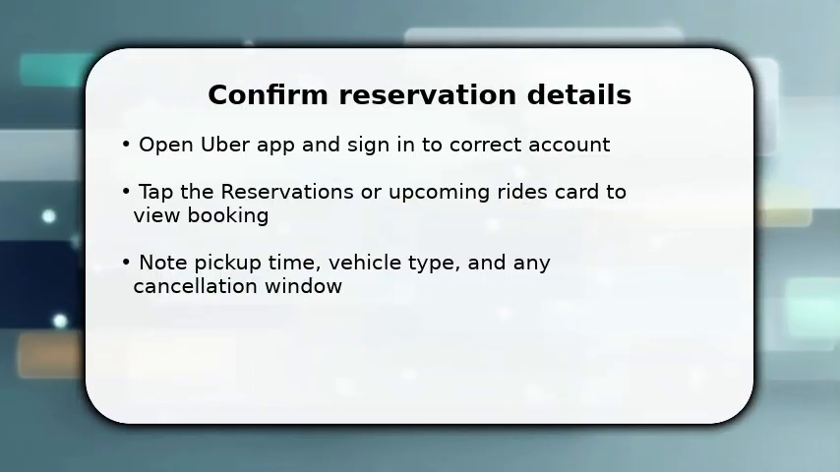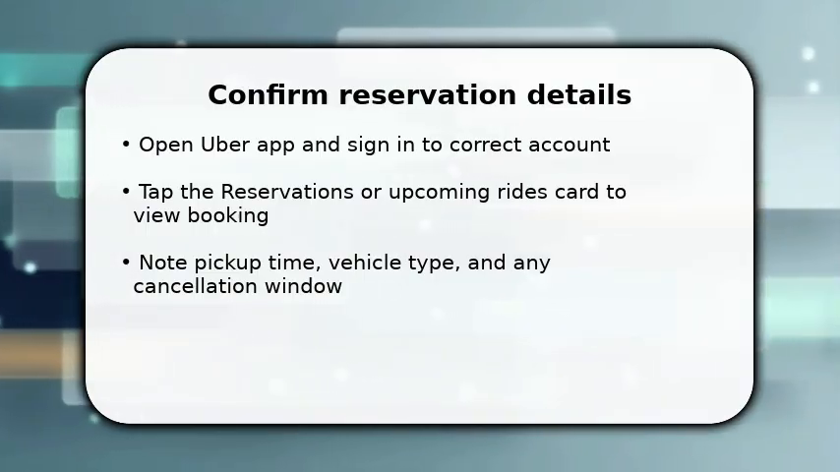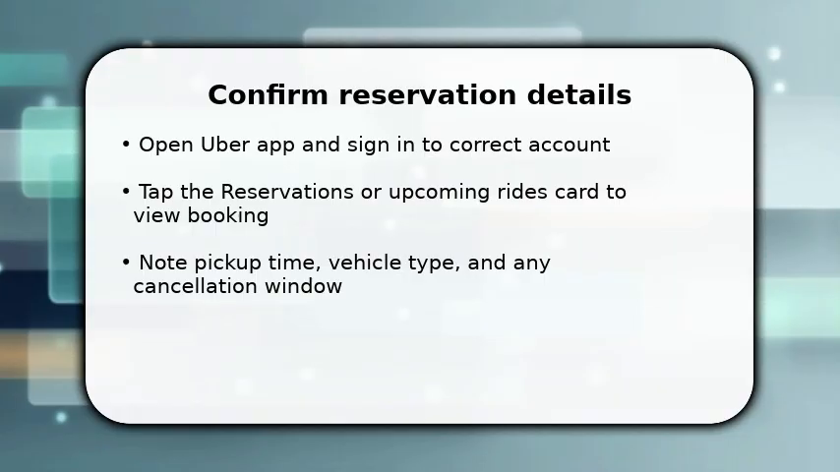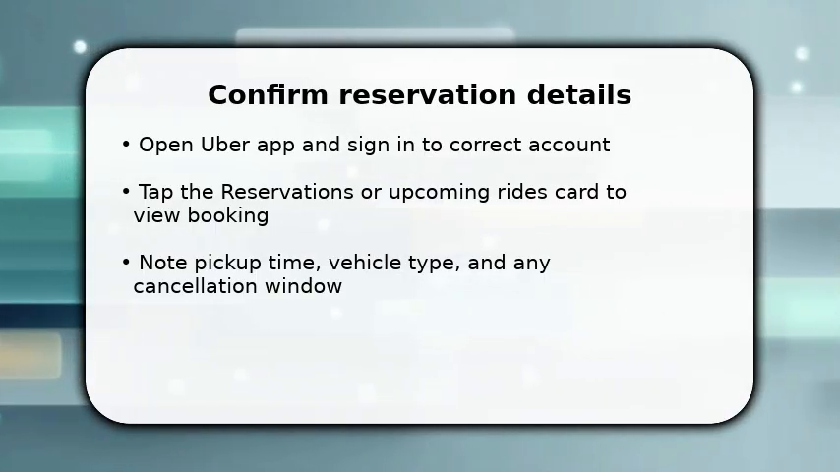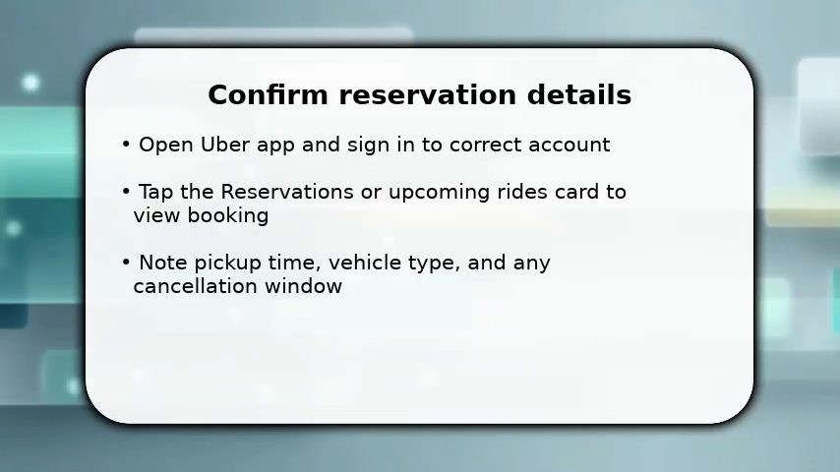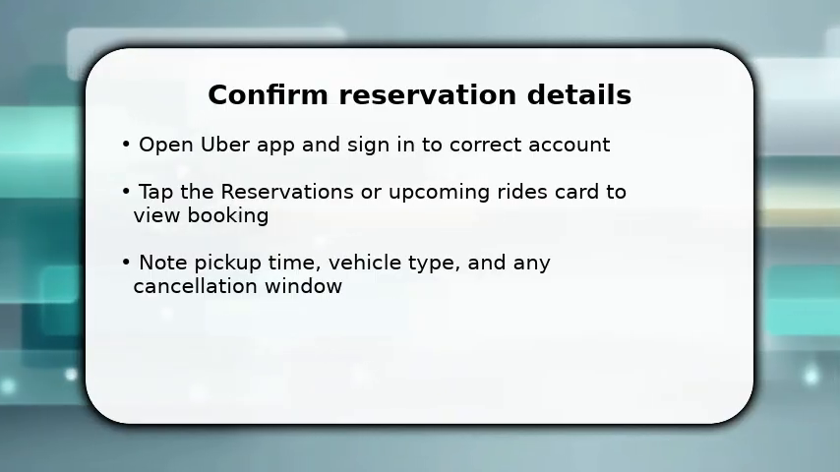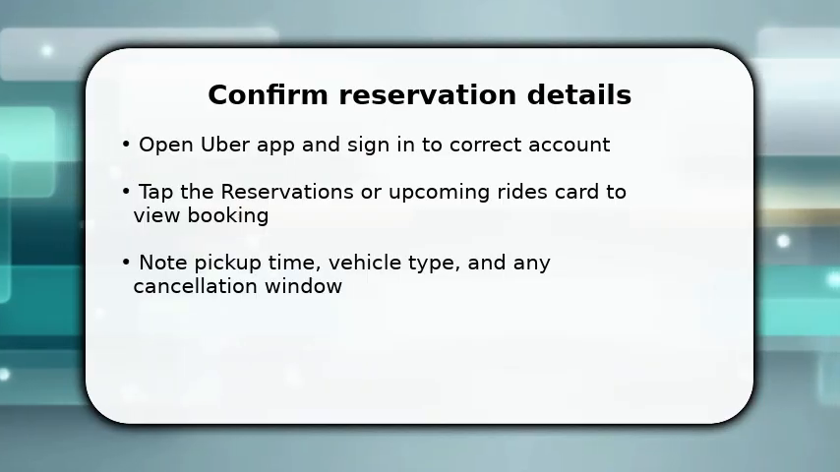You start by confirming the reservation you intend to cancel, open the Uber app, and make sure you are in the correct account. Once you see the reservations or upcoming rides card, tap it to reveal the booking details. You want to check pickup time, vehicle type, and whether a cancellation fee applies within a specified window so you know the potential cost. If everything matches the ride you want to cancel, proceed now to the reservation screen and